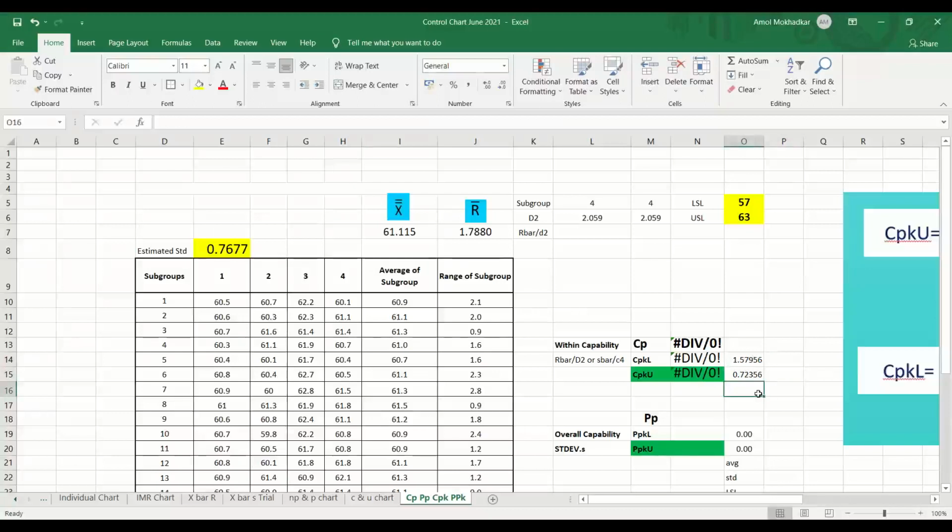Calculate the other values: CP, PP, PPKL, PPKU. It should be very quick, because I am going to tell you how to use Minitab also. That's why you have to do it a little bit faster.